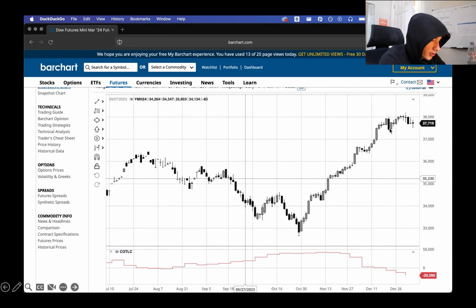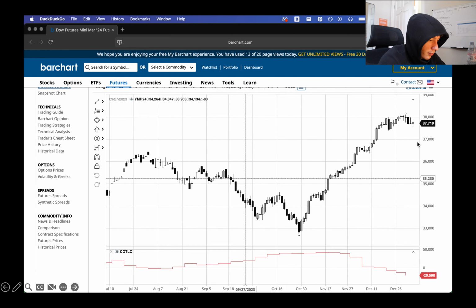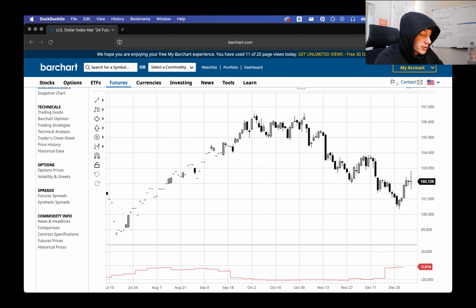Then for the Dow futures, one thing I am actually seeing here is an SMT between this low there and then on ES and Nasdaq, but we'll see how that performs during the next week. But on the Dow here, I didn't look at the couple years charts, but here's a 6 month chart, and we're at a 6 month low of the commitment of traders. So I'm looking for lower prices this week.